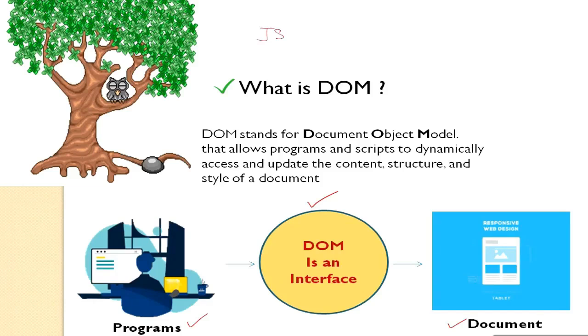And we all know that JavaScript is a very powerful scripting language, and with the help of JavaScript we can create all the HTML as well as CSS, right, with the help of a scripting language. But to do that we need some kind of interface which helps JavaScript to access and update the content of a document. Okay, and for this we use DOM, which is Document Object Model. So we can say that if we want JavaScript to interact with HTML and CSS, we need a bridge. Okay, and this bridge is called DOM.